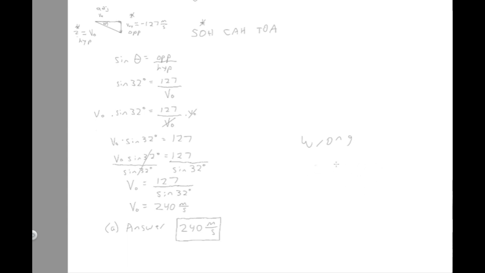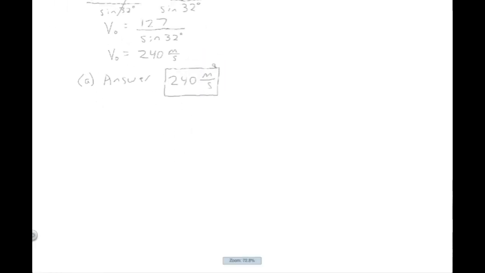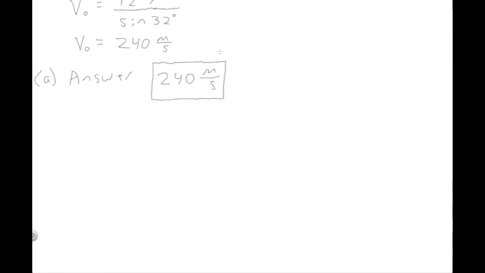And just in general, does the size of this answer make sense for the situation? Remember that this was the initial speed of the package when it's released from the plane, so this is the speed of the plane. Does it make sense that a plane would travel at 240 meters per second? Well, you need to know that